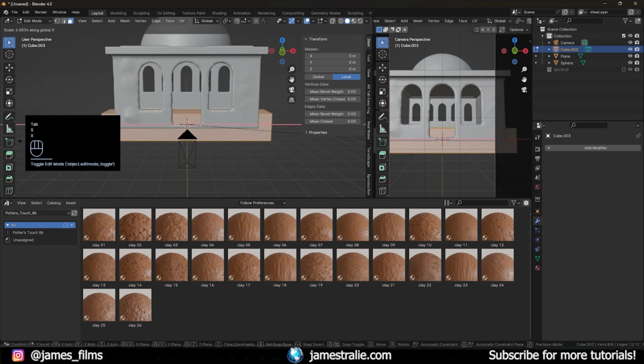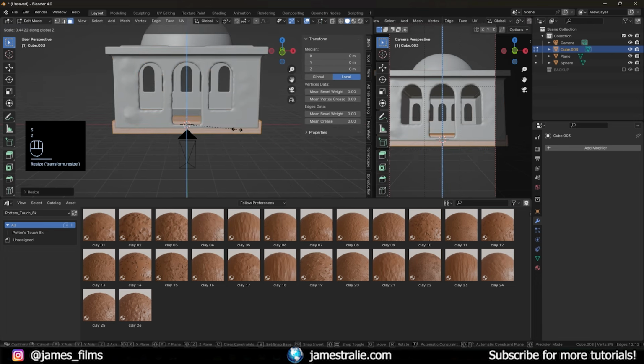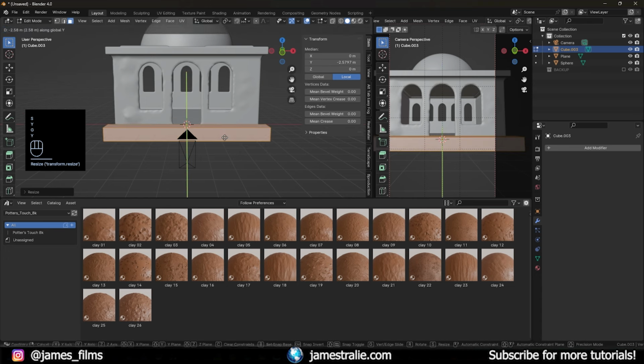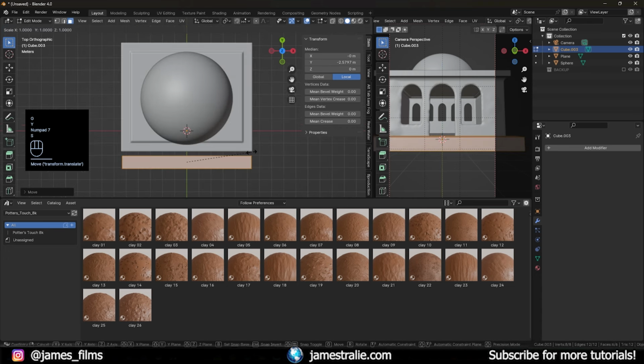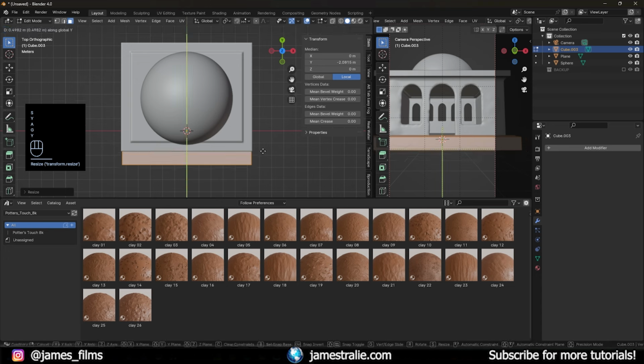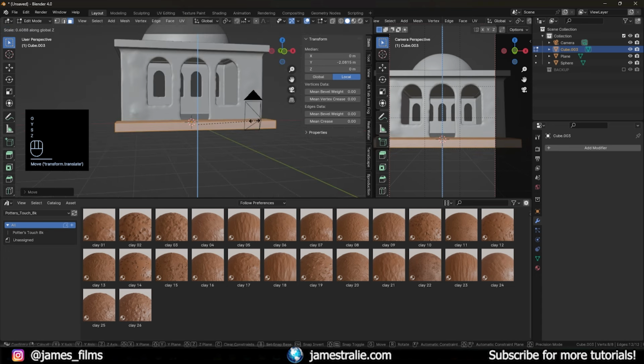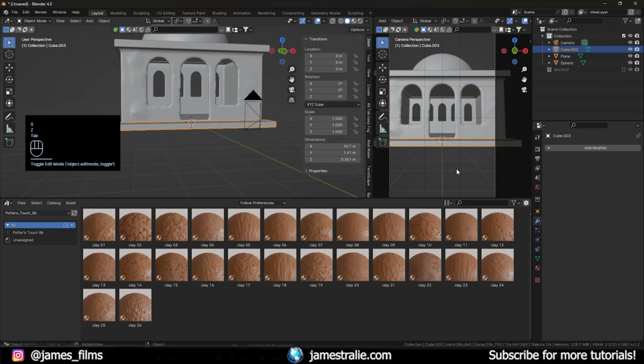I'm going to stretch this out along the x-axis, shrink it along the z and the y. We're going to bring this forward in our scene here. And we'll look from top-down view here as we line this up. We don't need this to be too thick. In fact, we don't want this to be too thick because we're then going to be adding in an array